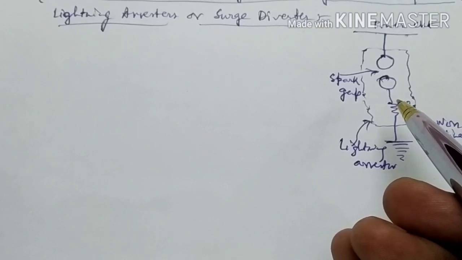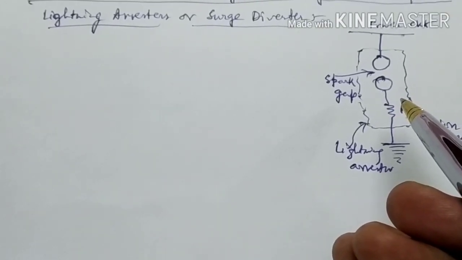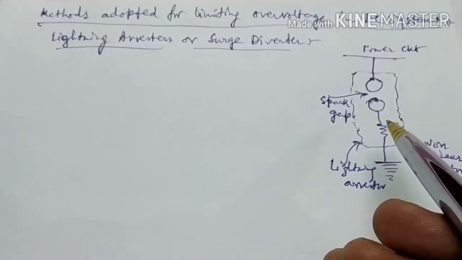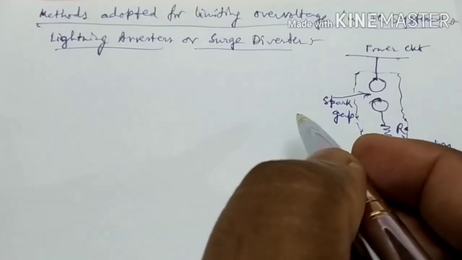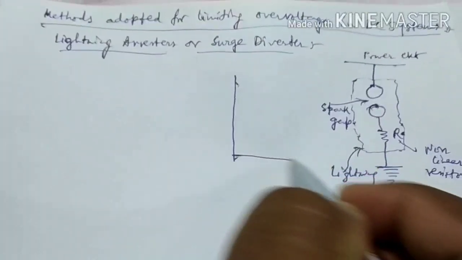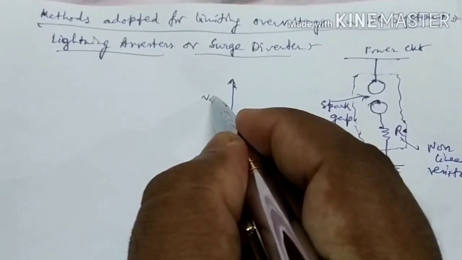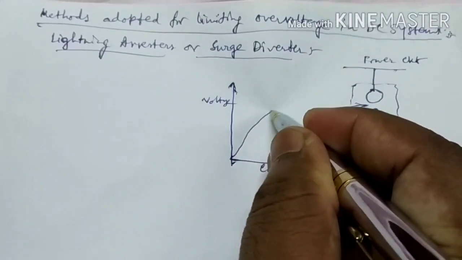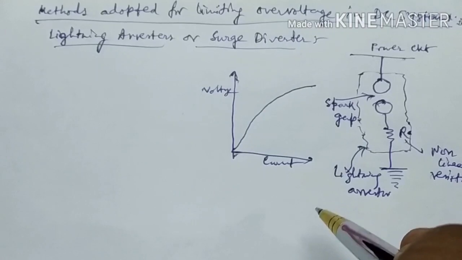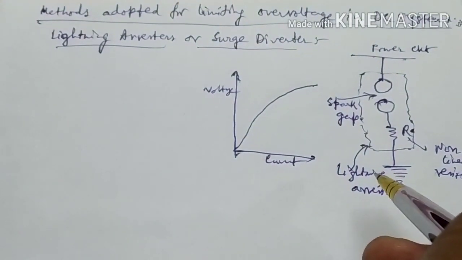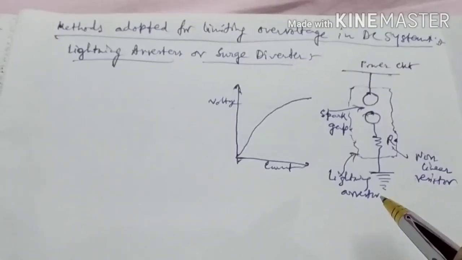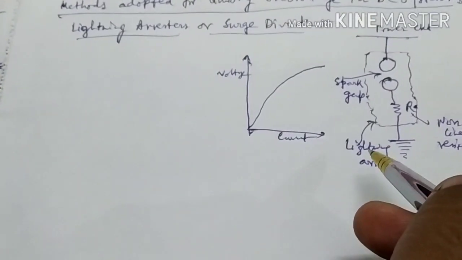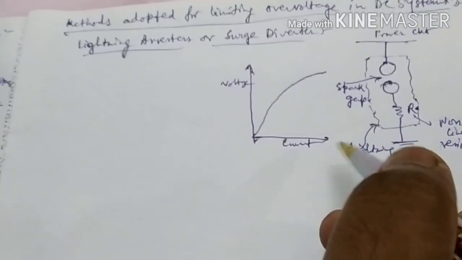The property of the nonlinear resistance is that resistance decreases as the voltage or current increases, and vice versa, which is clear in the volt ampere characteristics. If we draw the volt ampere characteristics, that is voltage and that is current, it will be just like this. Ideally it should become conducting at voltage above the diverter rating, so as to restrict the overvoltage at the terminals to the design value.